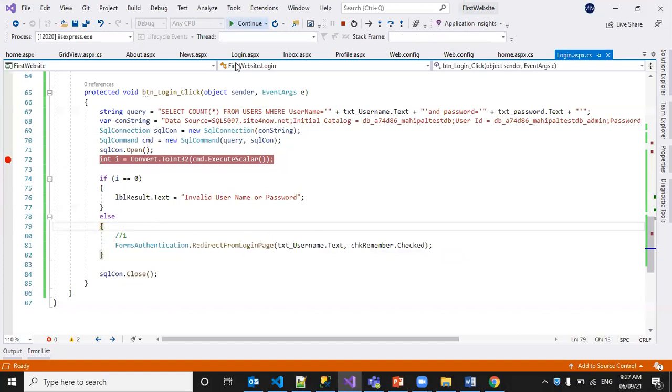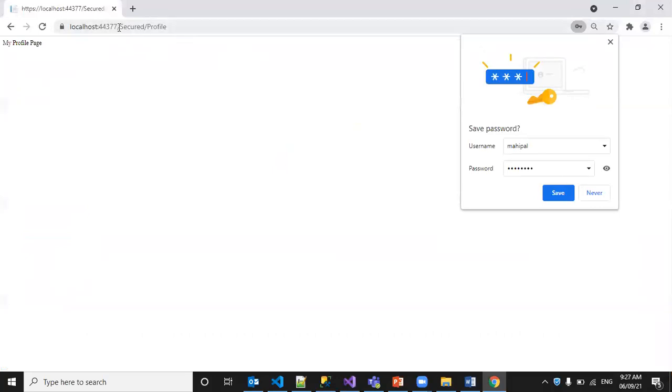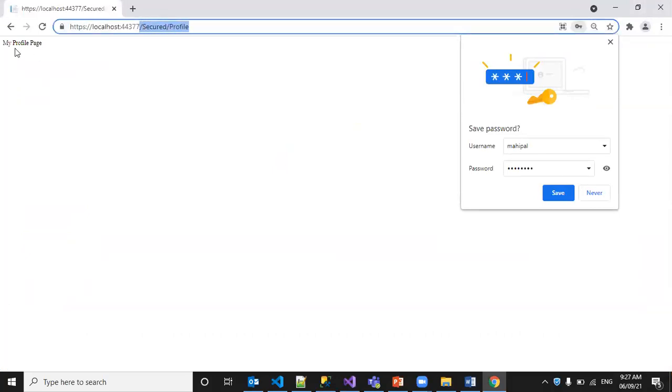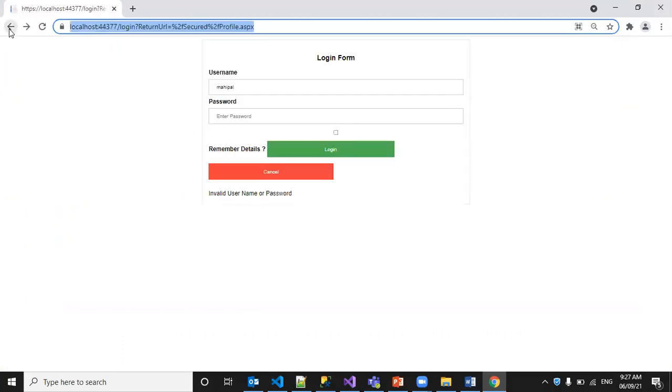Let's see that. See here, secured profile, my profile page. Now if you go back, simply go back to the home page. Now let me click on the inbox page. It is taking me to the inbox page directly because I am a logged in user now.